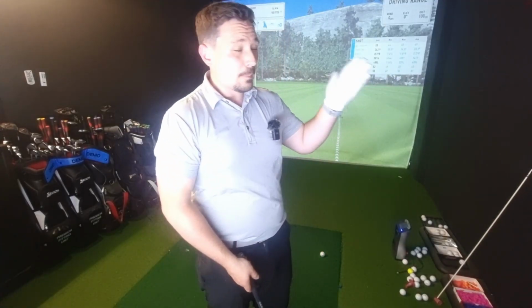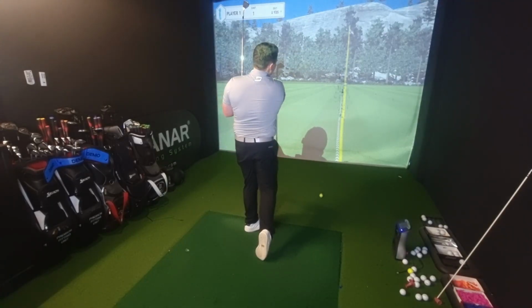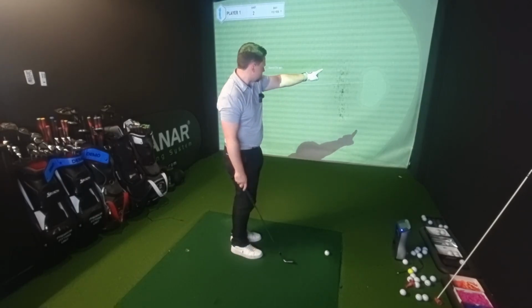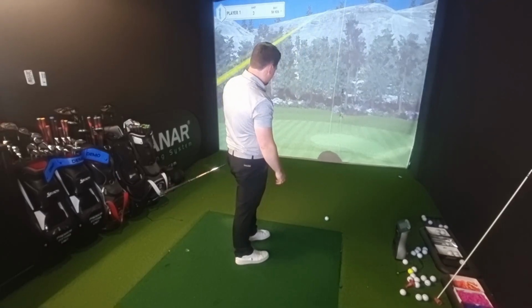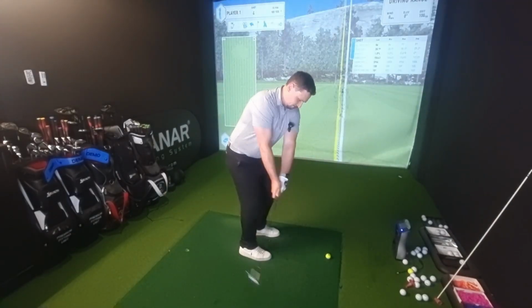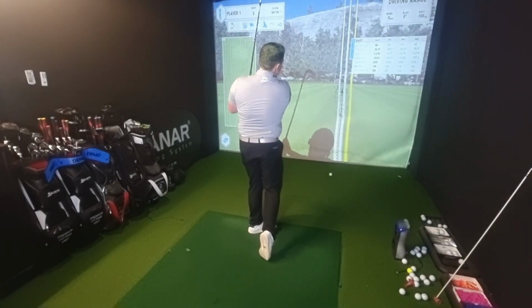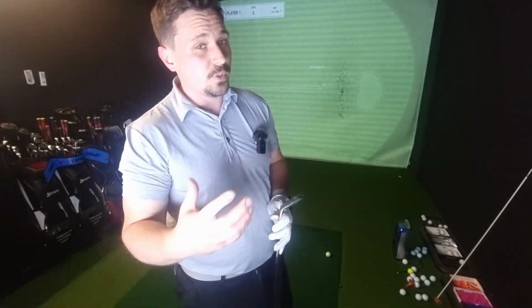A for 50 yards, B for 100 yards. 107 carry, nice. 108, right next to it. Tiny bit thin, tiny bit left. Oh, 99, what's it doing back there? Not far off the same pattern though. Nice and straight, 105. Tiny bit left, 110. Now 110 is my favourite yardage, but I normally do it with a 54, maybe slightly